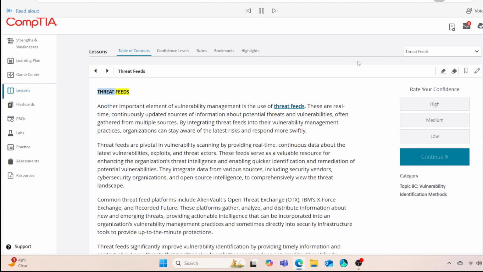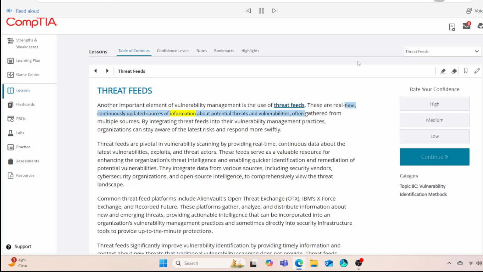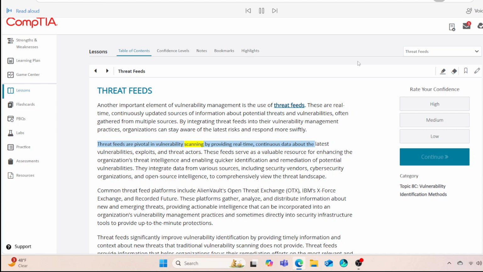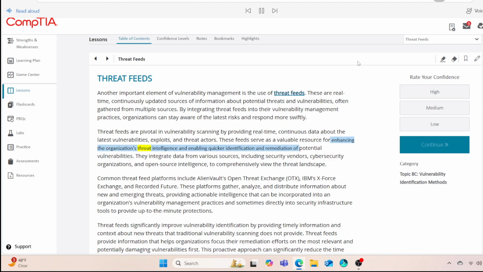Threat feeds. Another important element of vulnerability management is the use of threat feeds. These are real-time, continuously updated sources of information about potential threats and vulnerabilities, often gathered from multiple sources. By integrating threat feeds into their vulnerability management practices, organizations can stay aware of the latest risks and respond more swiftly. Threat feeds are pivotal in vulnerability scanning by providing real-time, continuous data about the latest vulnerabilities, exploits, and threat actors. These feeds serve as a valuable resource for enhancing the organization's threat intelligence and enabling quicker identification and remediation